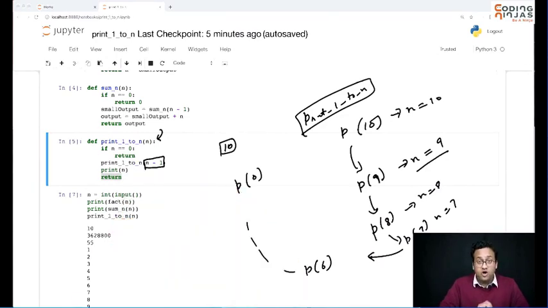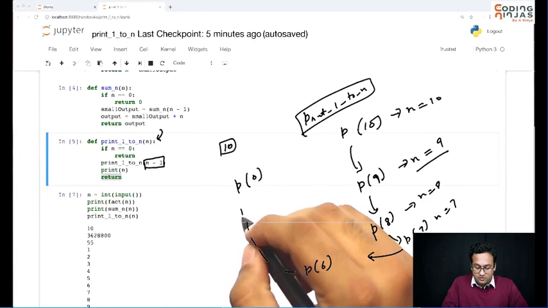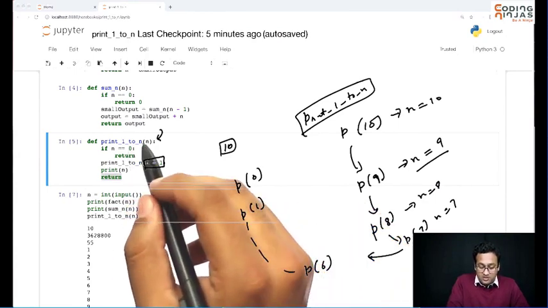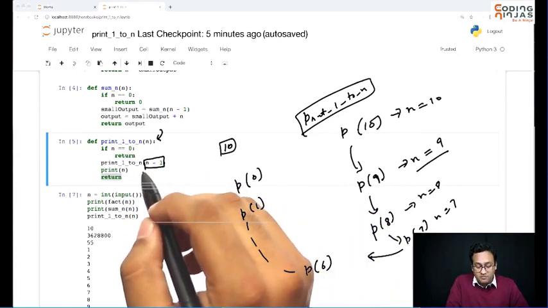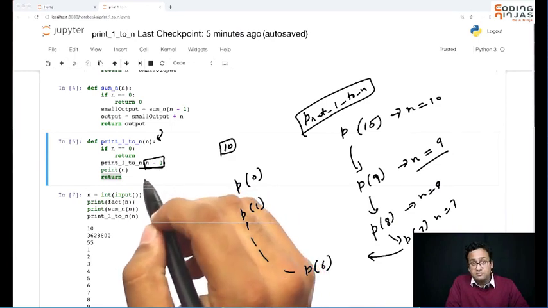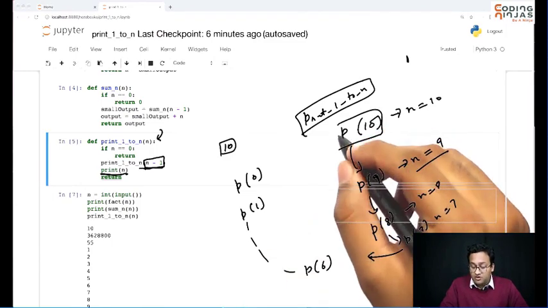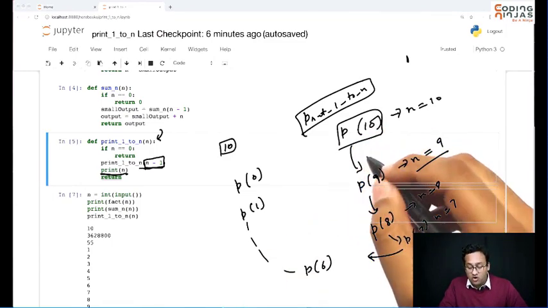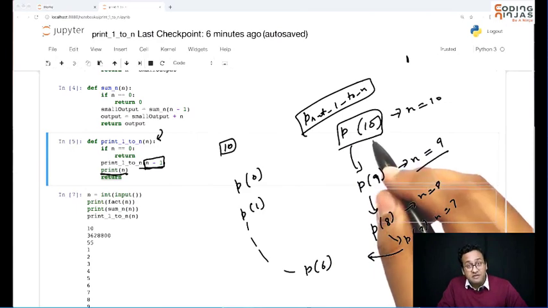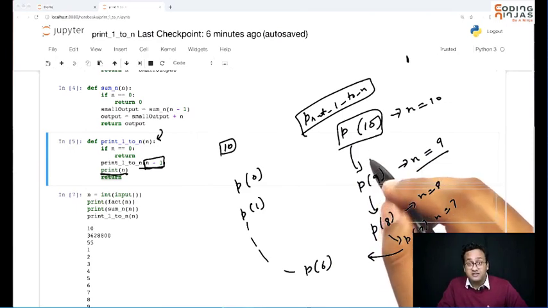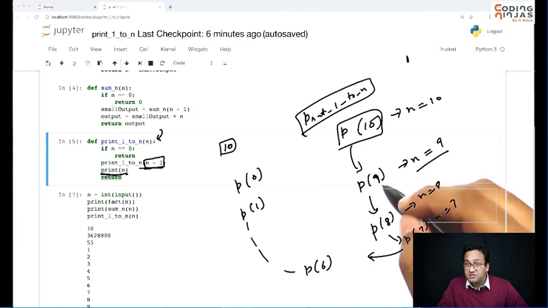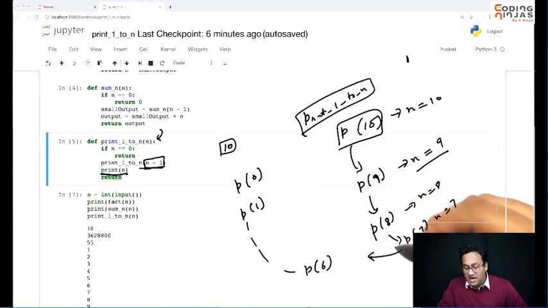P of 0 will not print anything and it will return. Now P of 1, when you came here with n equal to 1, had called P of 0. That has returned, so P of 1 can continue its work. It's going to print 1. So the first thing that's going to get printed is 1. Why? P10 was the first function which got called, but it didn't print anything. It called P9, and P10 will print something only when P9 has returned. P9 doesn't print anything till P8 returns, and so on.